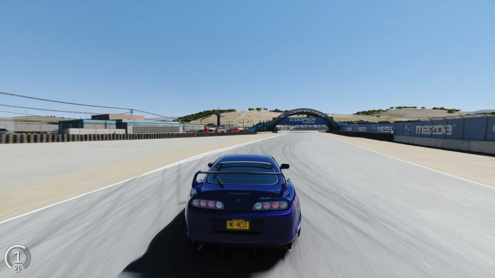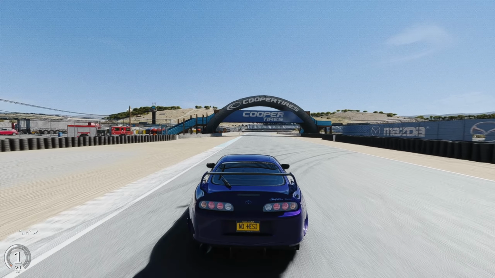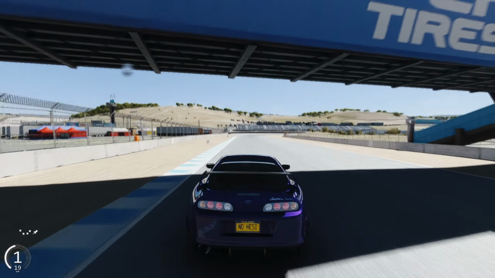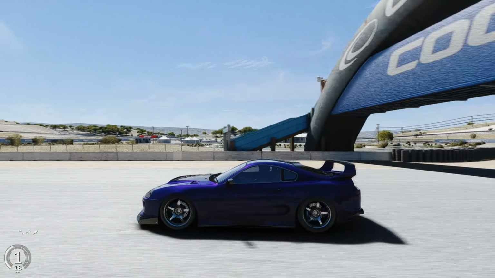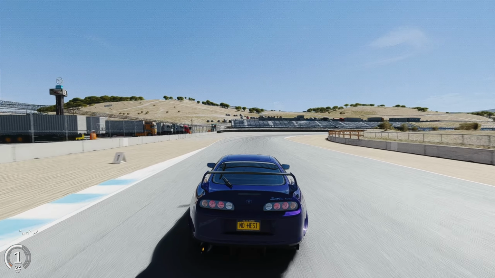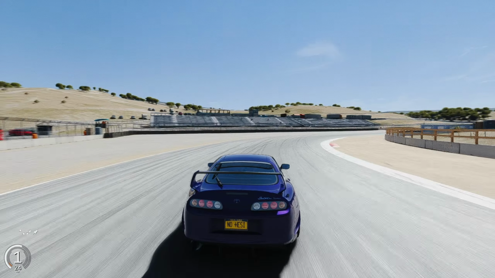So I don't have a Pure config. Now the ReShade preset that I use is called Immersive, I believe. I've been using it ever since I got Assetto because I thought ReShade played a huge part in Assetto graphics. There's a lot of mixed opinions on whether or not you should use ReShade in here, but the one I have